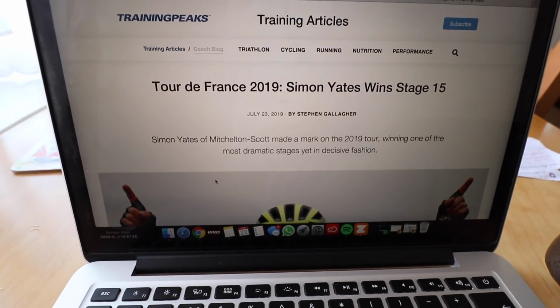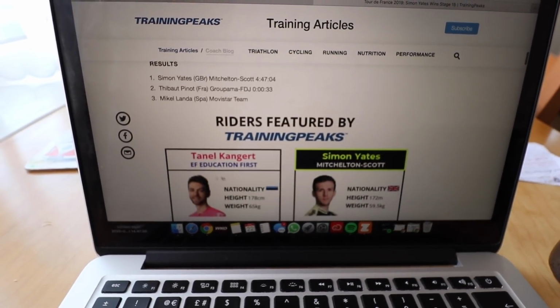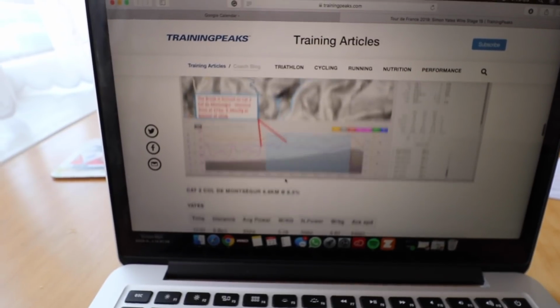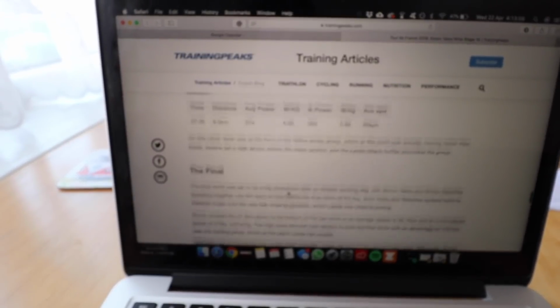So this is the article on Training Peaks. It goes into a load of detail. You just have to search it on Google, you'll be able to find it, no problem at all. It gives us a breakdown of some of his stats right there, and then almost breaks down every single climb with his own Training Peaks graphs and information for you to look at, which makes it, let me tell you, a lot easier for me to actually plan and program how I'm going to be tackling the session,